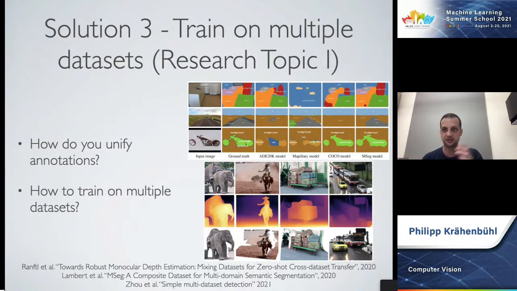The other success story in this regard has been monocular depth estimation, where individual data sets have always been known to overfit drastically to the individual domains that they were captured in. What the first citation down there did is combine all of these monocular depth estimation data sets into one data set. And here, the unification is not as hard as trying to unify different concepts. It's just trying to unify different camera models, or different internal camera parameters, that would lead to different relative depth estimates.